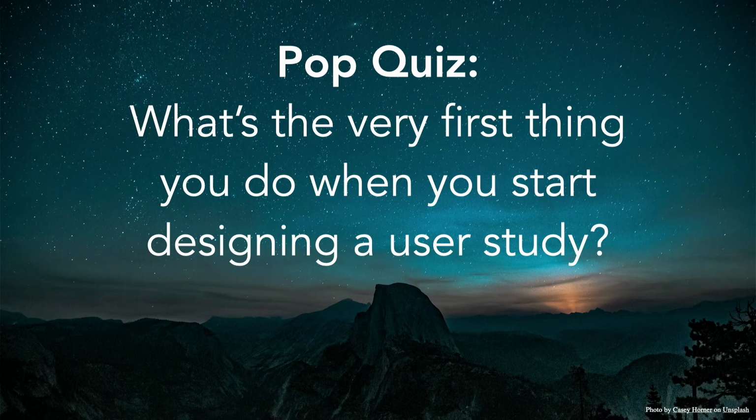What else we got? Select tasks which define a control group and the experiment group. Select tasks. Okay, so we're thinking about the idea of a controlled experiment where we would have a control condition and an intervention condition. That makes sense for an experiment. Figure out who we want to be part of the user study in the first place. Who are the users that we care about? Absolutely. So first define the hypothesis that you want for the user study and get approval from your